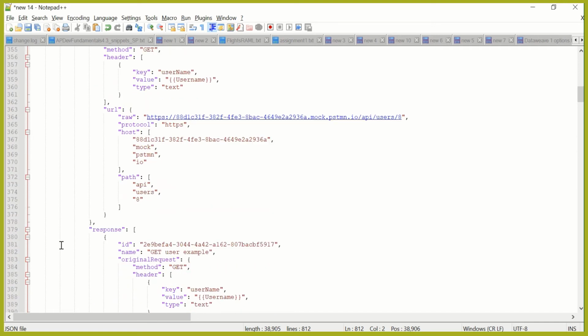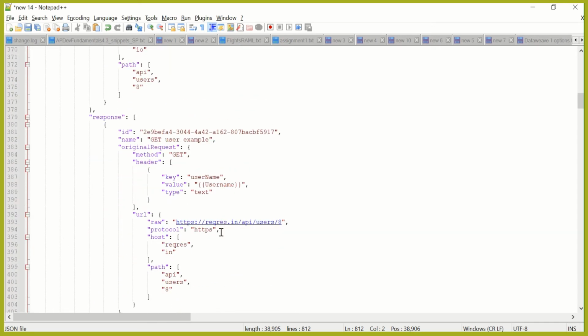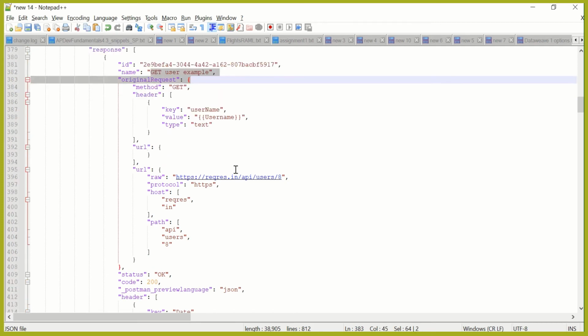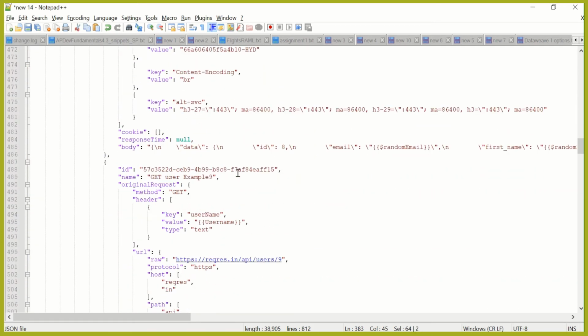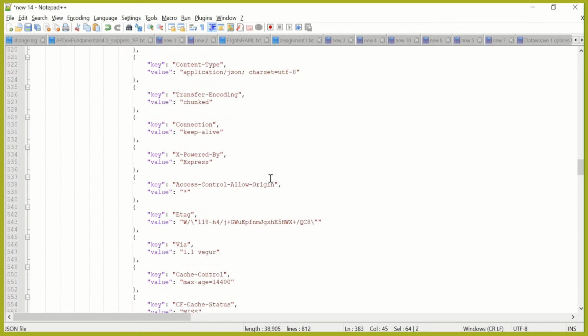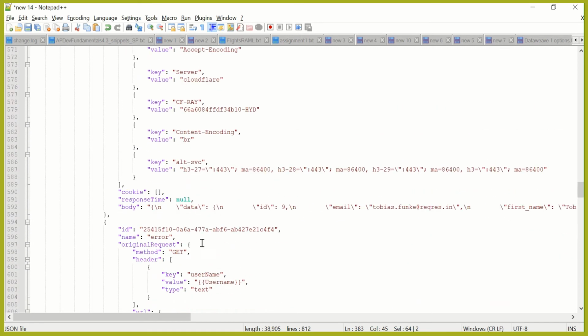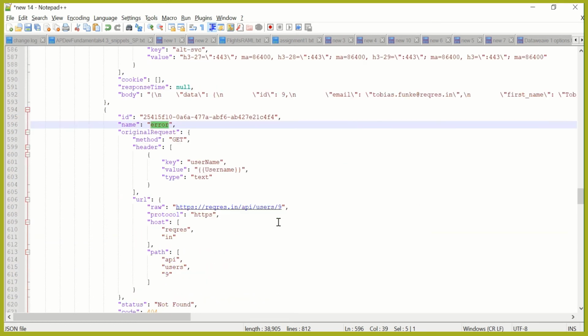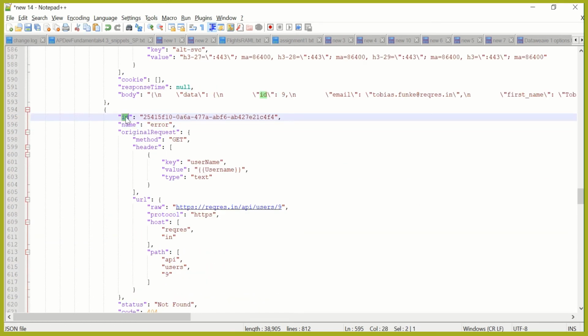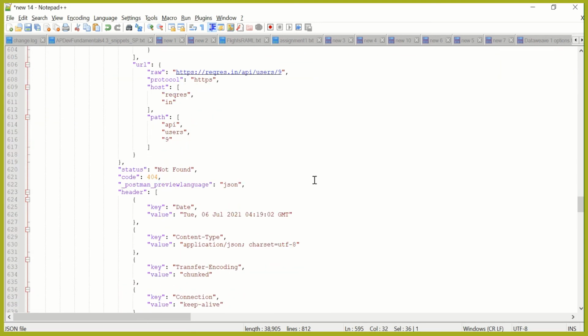You can see in the response we now have the different responses configured. One was the get user example. Similarly we have get user example 9 and this error one which we had created, and you will notice that every example has one ID, which is nothing but the unique ID for this particular response or example.